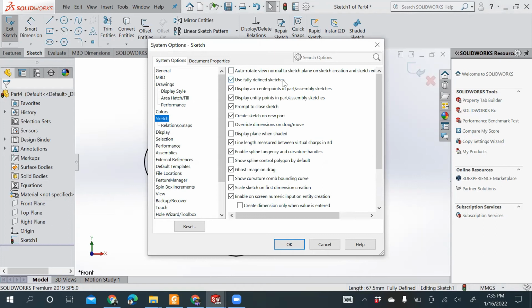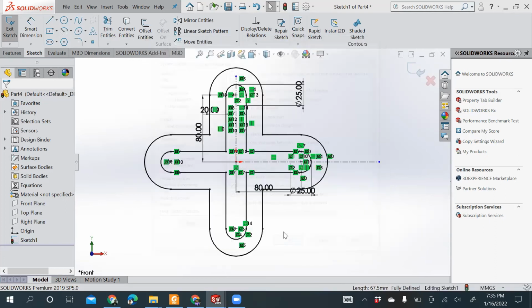Use fully defined sketches. We tick this particular box. Ticking this box ensures that whenever you leave your sketching module, you have a fully defined sketch. Until then, you won't be able to leave your sketch module and move ahead to the feature module part. So yeah, now we have a fully defined sketch here.